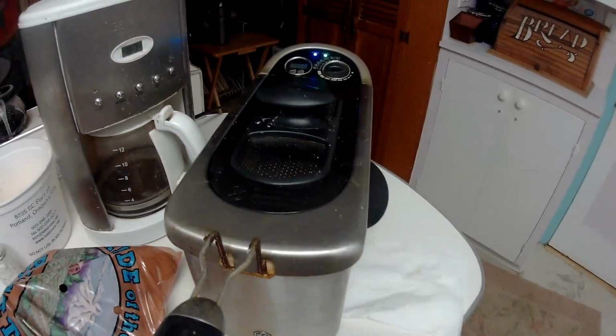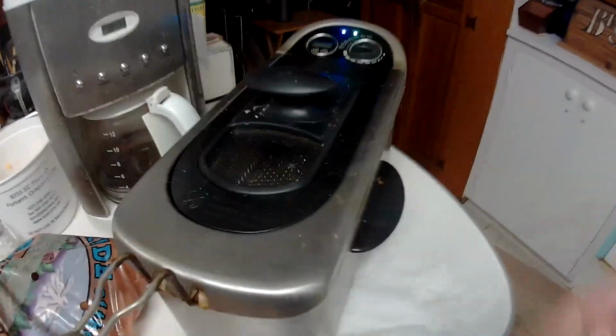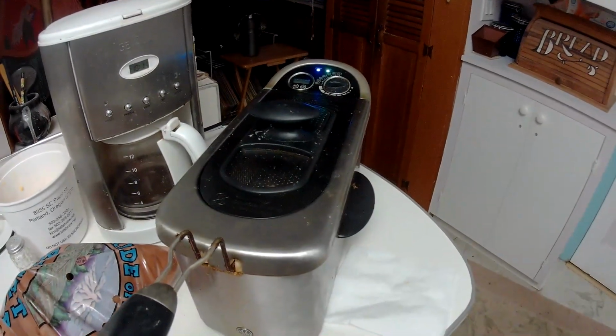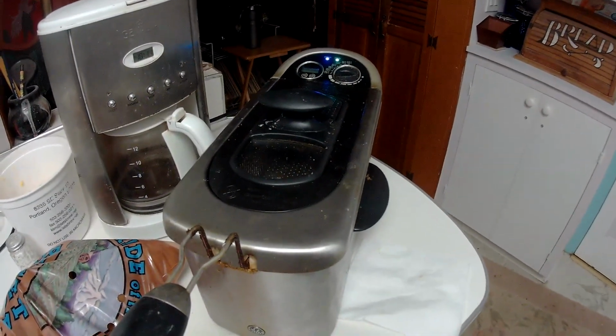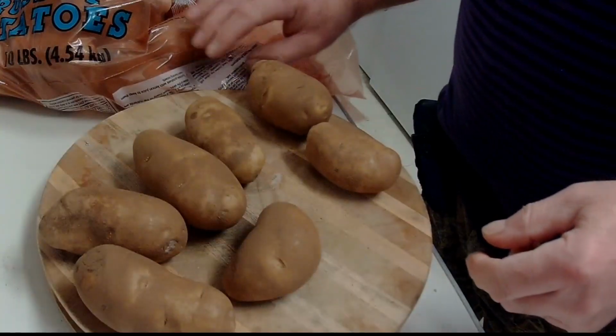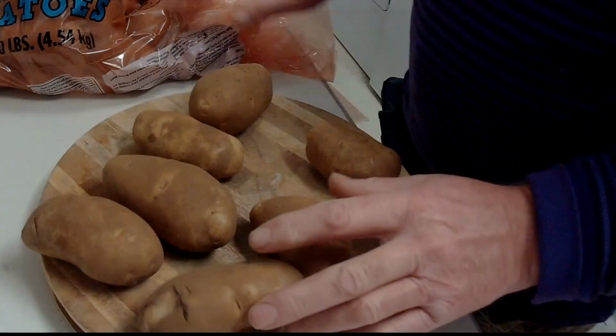First thing we do is get our deep fryer, plug it in and turn it on to full tilt, which means turn the dial all the way up, once you're close to putting your chips into the pan, the oil that is. The first thing that we do next is we take 7 potatoes,